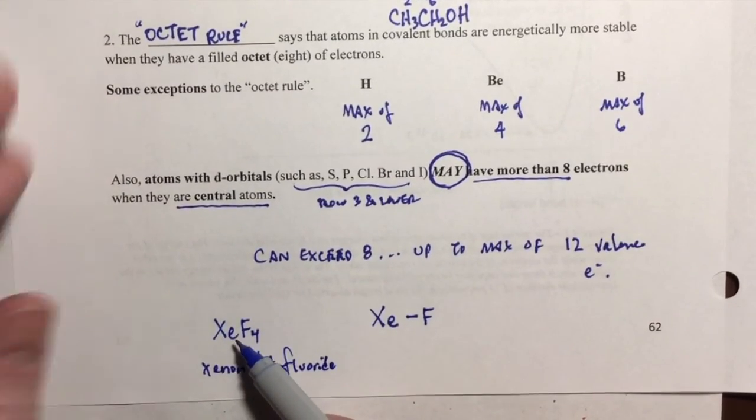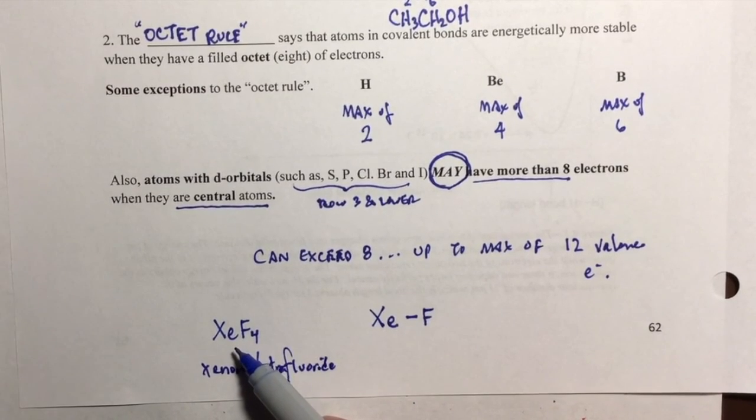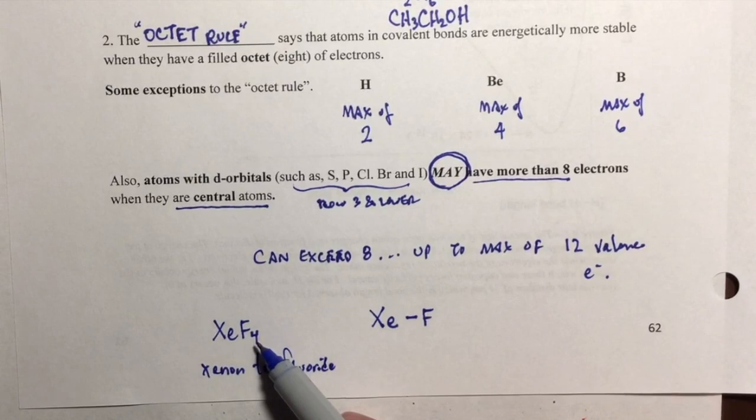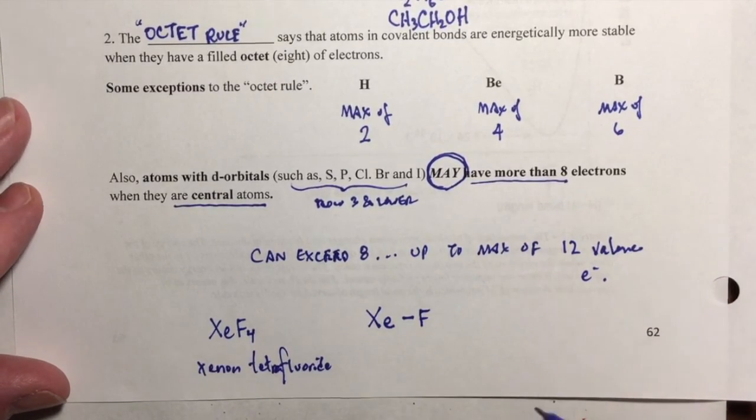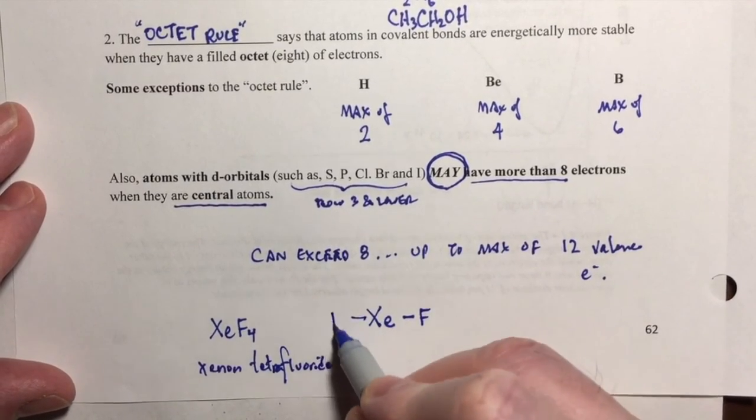And remember I told you that although noble gases don't generally react, in certain very controlled conditions in the labs we can force them to react with fluorine because fluorine is highly reactive. So there's a compound, xenon tetrafluoride, and its Lewis structure